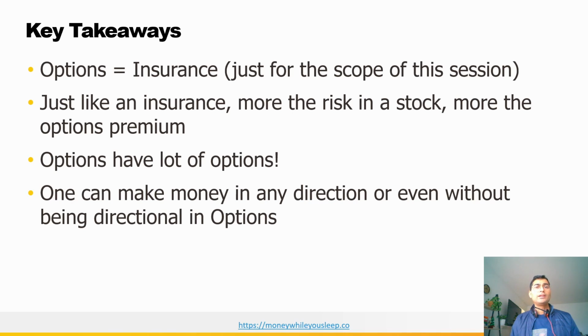And just like insurance, the more the risk in a stock, the more the premium, and it works exactly the way insurance works. If you are buying car insurance and you are living in a zip code which is a higher risk area, where there are more thefts or more accidents happening, the insurance seller is going to increase your premium, because they have already done all that calculation, and they are taking more risk for that person or for that area. Hence, the more the risk in a stock, the more premium you are going to get, and the less the risk in a stock, or if the stock is very stable, there will be less premium.